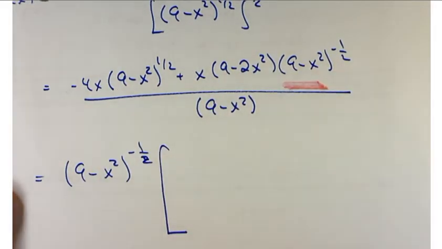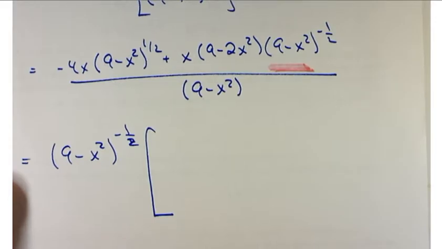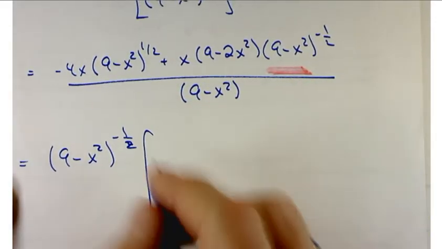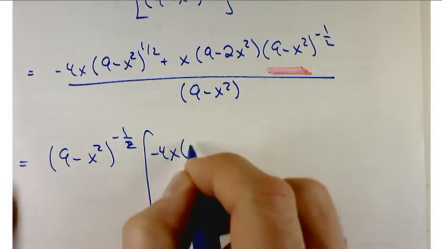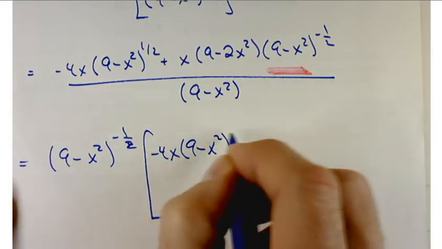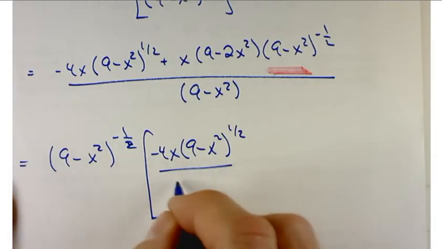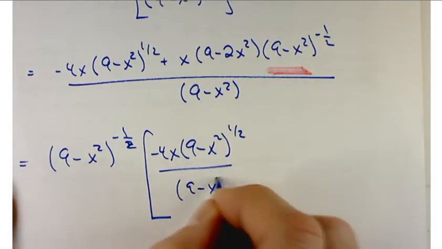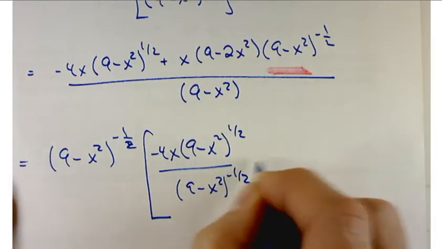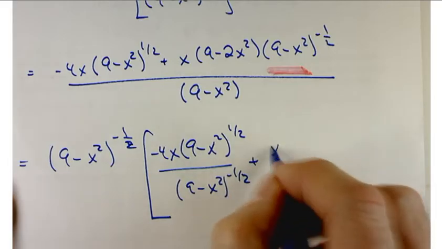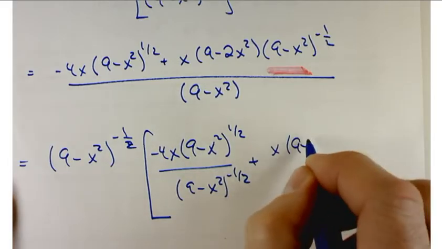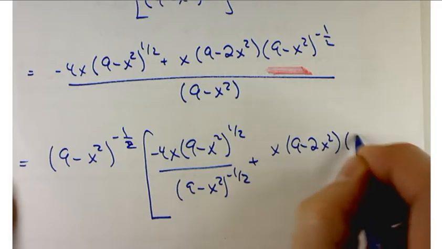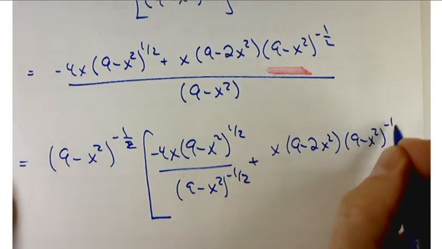And if you can skip this step and write the next step, power to you. I write it down so that people can see it and follow it. You're not getting extra credit for writing it down. Plus x, 9 minus 2x squared, 9 minus x squared to the minus 1/2